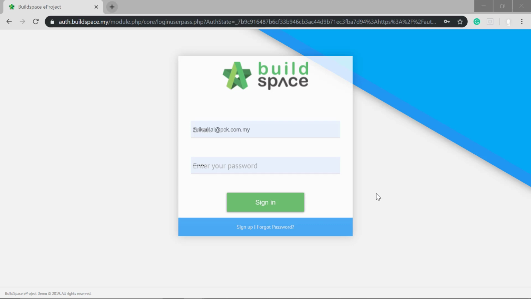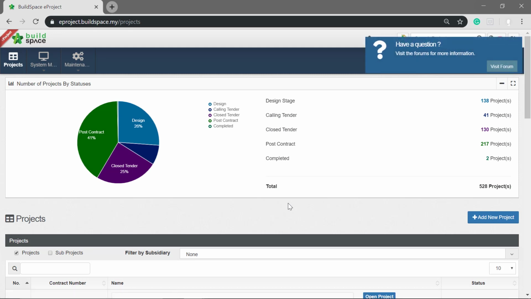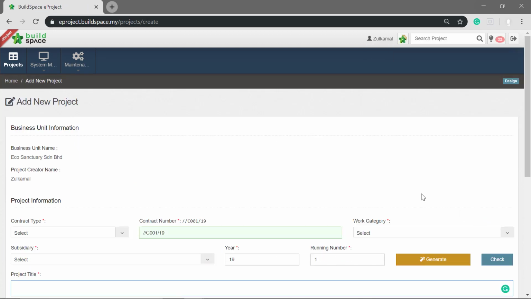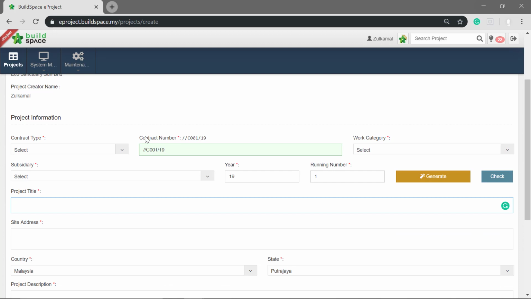This tutorial is for tendering a non-eProject clients. First log in to the system. Click Add New Project. Then fill in the project information,